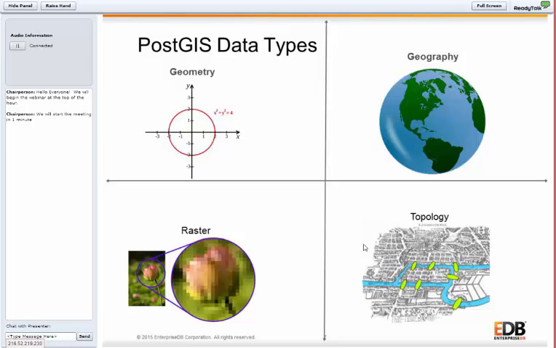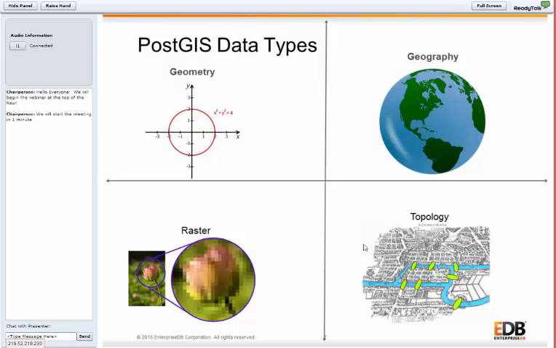Topology, this is a relational model type. A topology expresses spatial relationships between connecting or adjacent vector features, points, lines, polygons. PostGIS provides a network topology model that ensures that when you change the edge of an object, other objects sharing that edge will change accordingly. A classic GIS example of a topology is a subway map.